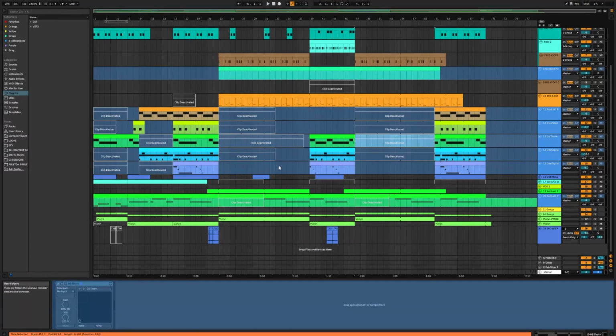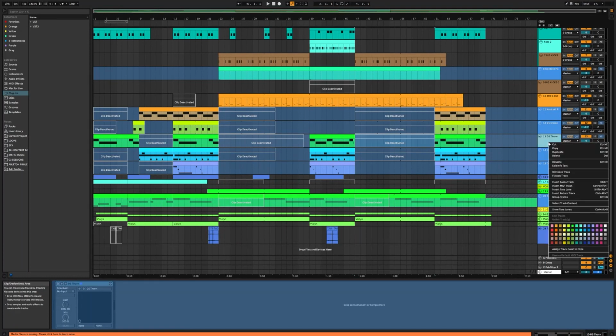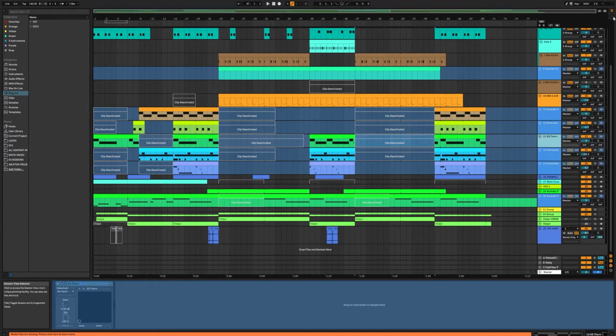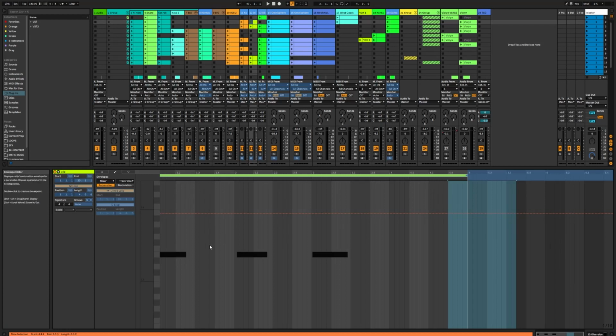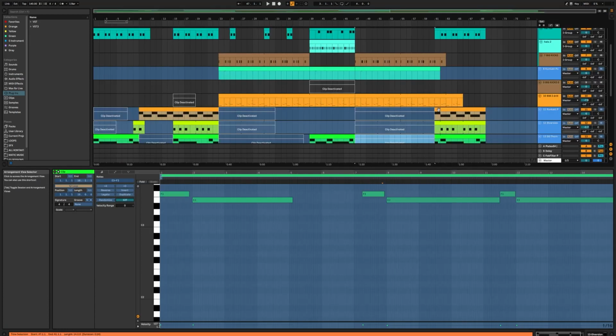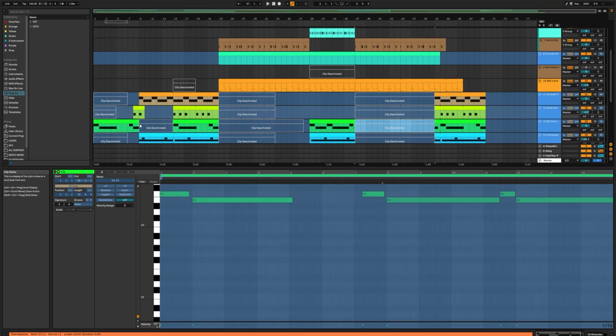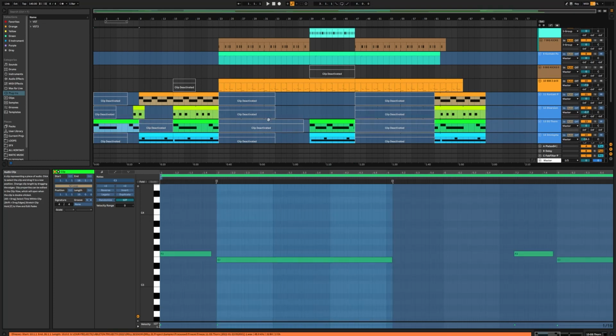Now moving on, when you're freezing tracks inside Ableton, once you freeze a track, whatever your sample rate is set to inside preferences, that's the sample rate the file will record at. The second tip that I want to tell you is freezing in the two separate views can have a different